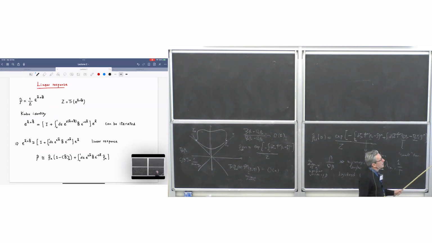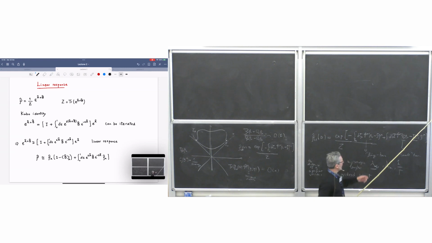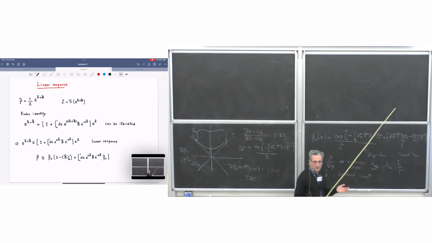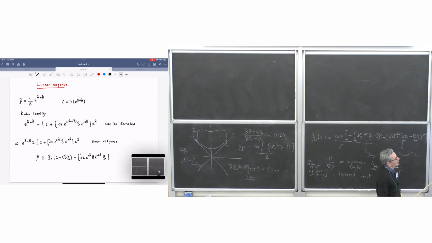Now there is a well-established technique to expand this exponential of operators in terms of B, which is an operator. Therefore, you cannot assume that they commute. In the commuting case it is trivial, it is just the expansion of the exponential. If they are non-commuting, which is most likely the case, and in particular in this case, then you can take advantage of the so-called Kubo identity,